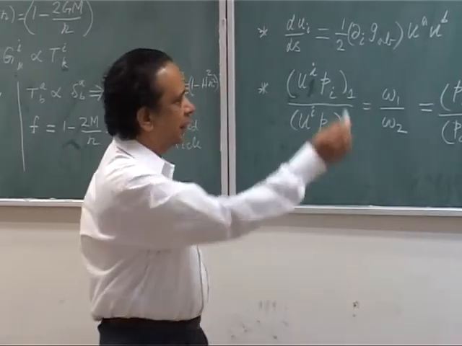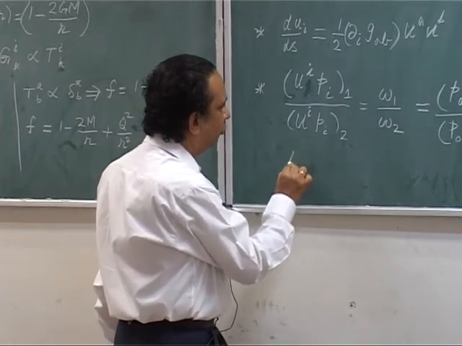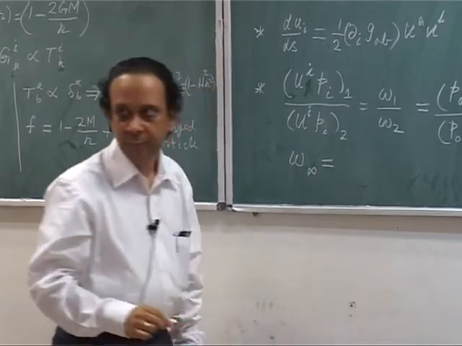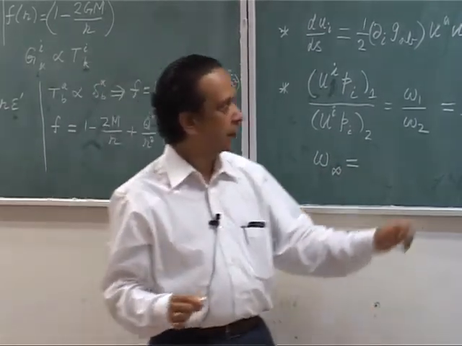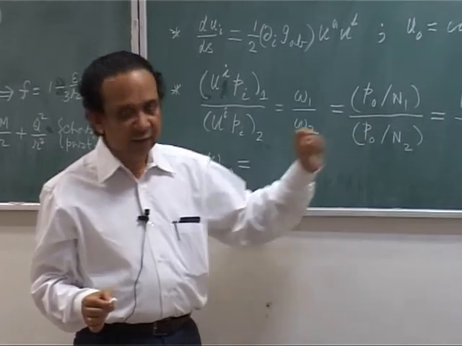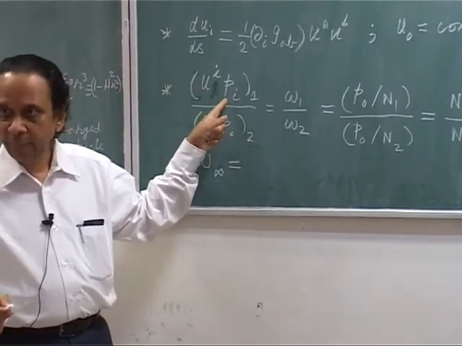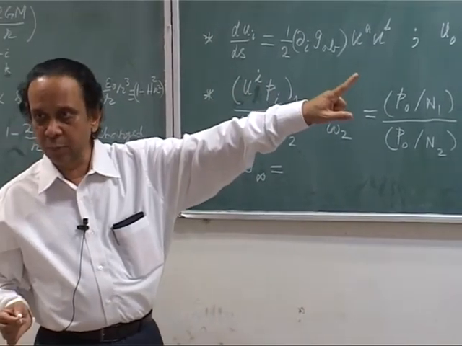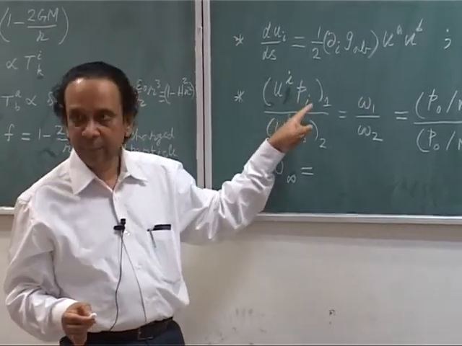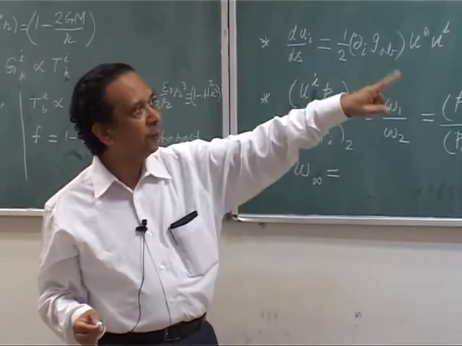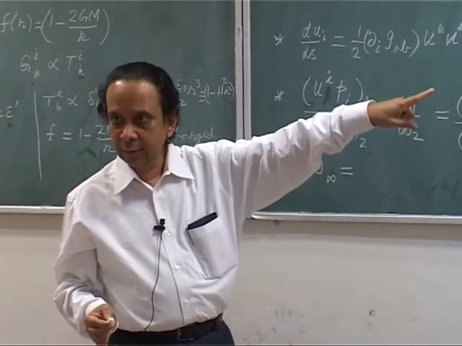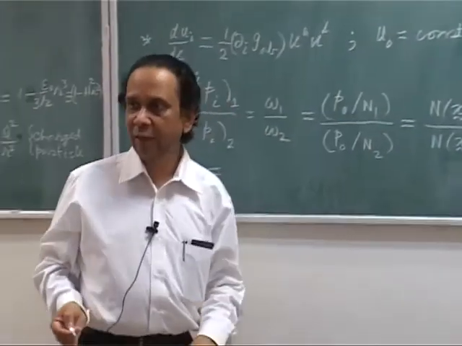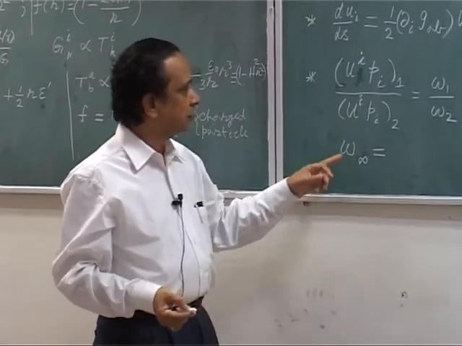So let us now write it in a slightly different way. Suppose I want to know omega at infinity. Okay, so let us take this. This comes from this U^i P_i. Now look at the components of U^i. U^i upper has only the 0th component. So I have to only put U0 and P0, and U0 top is 1 upon n, right, from this, right. So it is P0 upon n1, okay, that is what I have done.